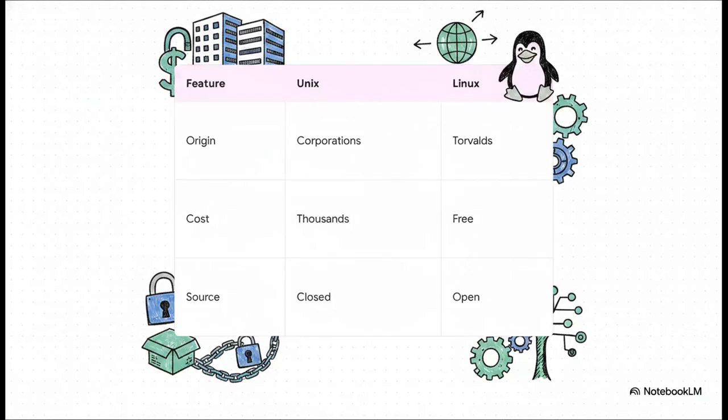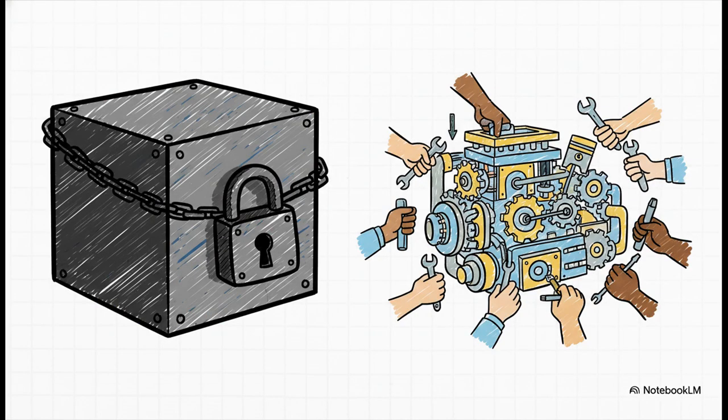The biggest, most fundamental difference between the two comes down to ownership and cost. Unix is proprietary. That means it's owned by corporations, it requires really expensive licenses, and its source code is strictly closed. Linux, on the flip side, is open source. Anyone in the world can read, modify, and distribute the code, and it costs absolutely nothing. Because of this dynamic, Unix tends to be pretty rigid and tied specifically to enterprise hardware, while Linux is incredibly adaptable and runs literally everywhere. This whole open source versus closed source model, it completely changed the trajectory of the tech world. To really grasp why that matters so much, we have to talk about the kernel.